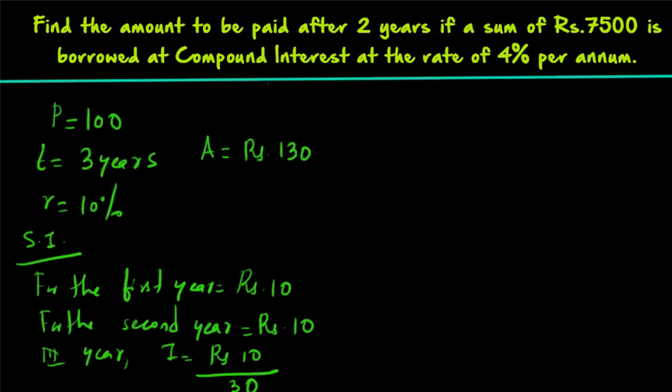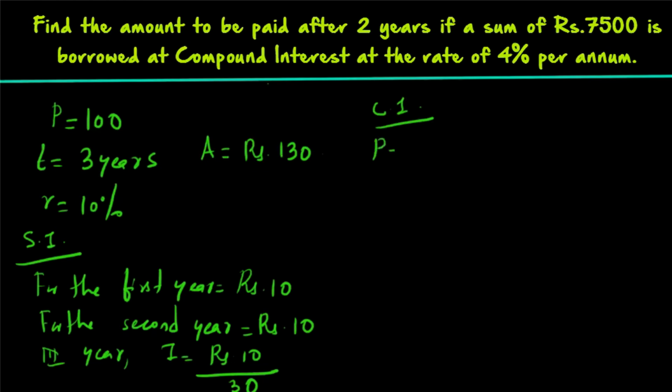The principal will be the same for the first year, second year and the third year respectively. Interest also will be the same for all these 3 years. Now let's take the case of compound interest. All the other parameters are the same: the principal is the same, the time period is the same, the rate of interest is the same. The only difference is the interest is being compounded. So for the first year,